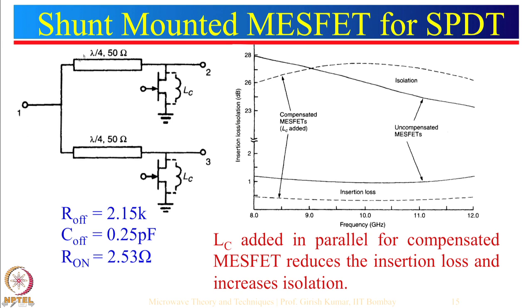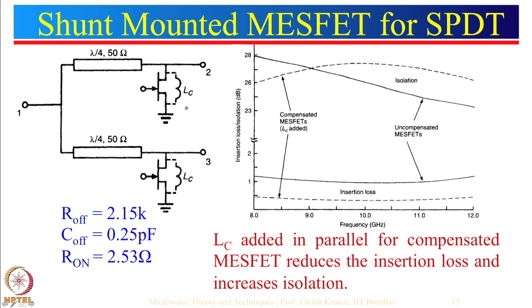So, here is the configuration for shunt configuration. So, you can see that MESFET is connected in the shunt configuration, and we have a lambda by 4 section here, lambda by 4 section over here. Input is given over here. So, if this is off, then input will go over here. At that particular point, this should be on, so that nothing goes to port 3. And when the input has to go from port 1 to port 3, then this should be off and this